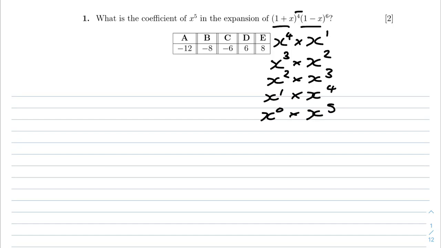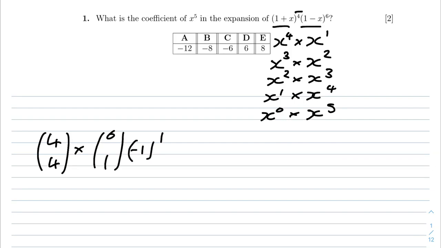Now all we have to do is expand the x to the fourth term on the left, the x cubed term on the left, and so on, and the x to the 1 and the x to the fifth term on the left, and multiply these together and then add them all up. So with the first term, for example, if we take a look at the x to the fourth coefficient from the left and the x to the 1 coefficient from the right, the x to the fourth coefficient on the left is just this, and the x to the 1 coefficient on the right